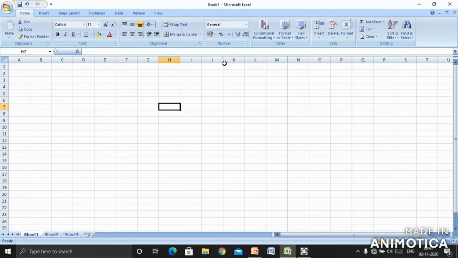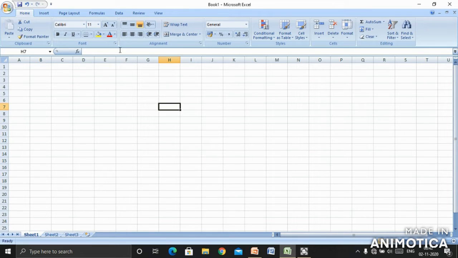Now the screen which you see here is known as Book1, which is written on top, Book1 Microsoft Excel. Why it is written Book1 here, I'll explain further in the lesson. Book1 Microsoft Excel is written on the title bar. The topmost bar is known as the title bar, and the bar at the bottom of the screen is known as the status bar. You can see the cursor moving over here. Here you can see how to zoom the screen and how to lay out the page. These things are mentioned on the status bar.